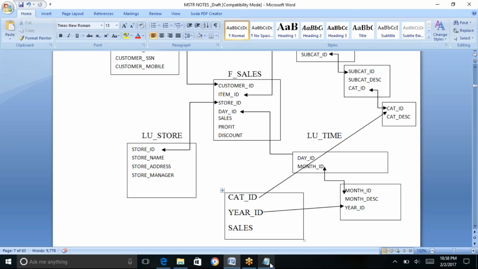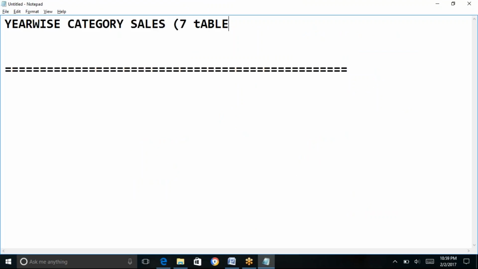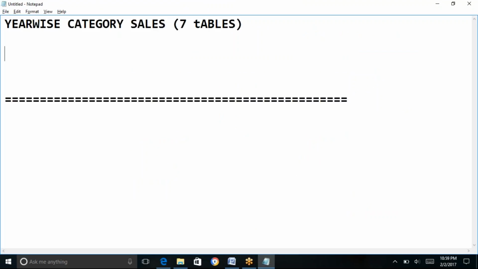Now the same report took 7 tables in my earlier example, but now when I say year-wise category sales, after creating the new fact table,